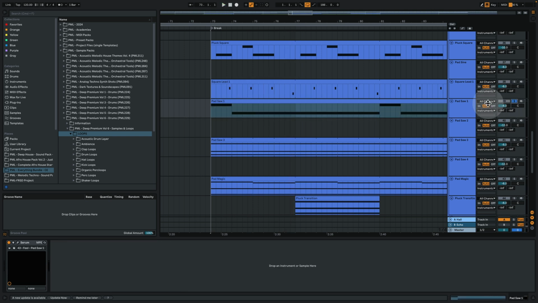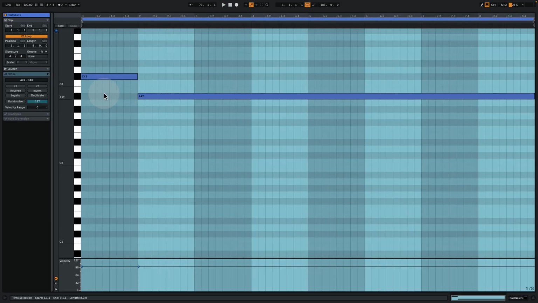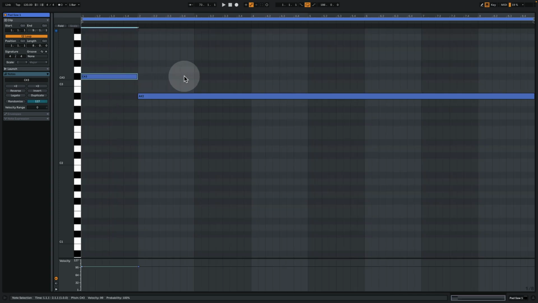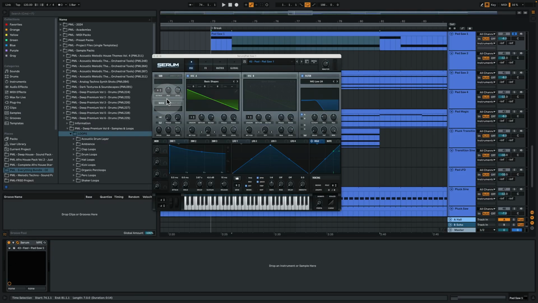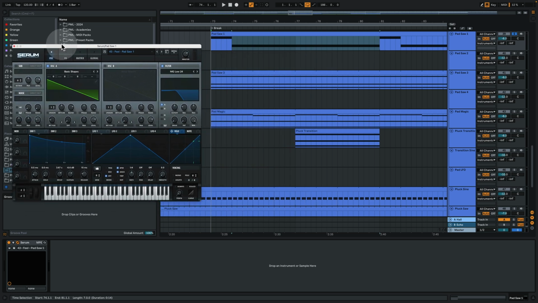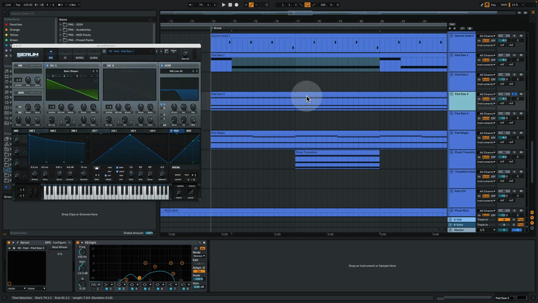And pad saw. So a filtered saw wave as a basic pad here, playing the third and the root. Very straightforward, so it's not too complicated here. It's more about combining these to fill out the frequency range. And then we have this pad saw 3